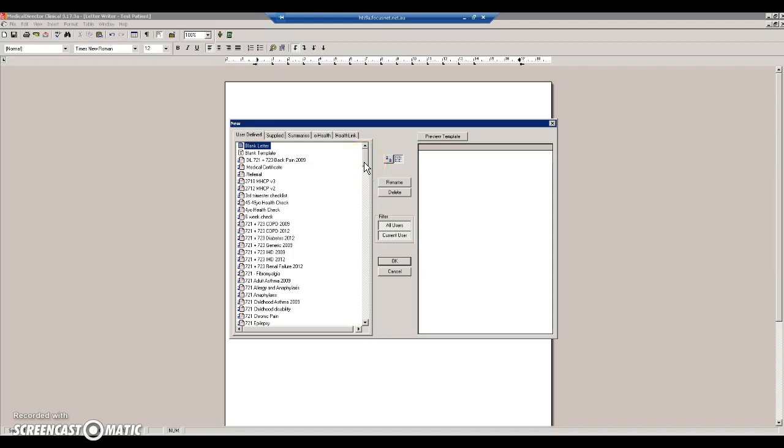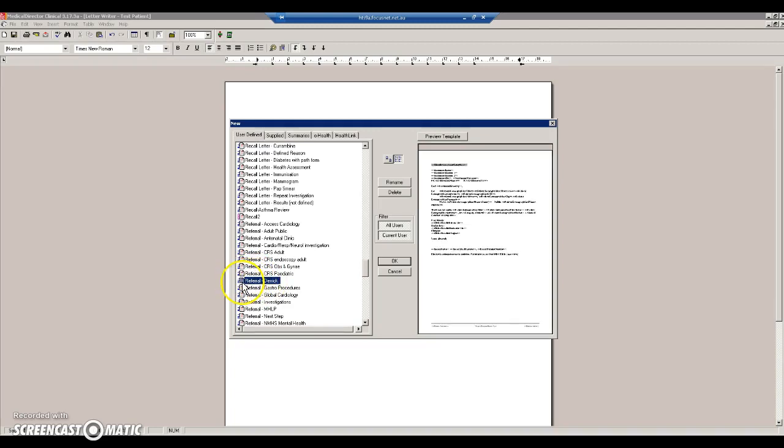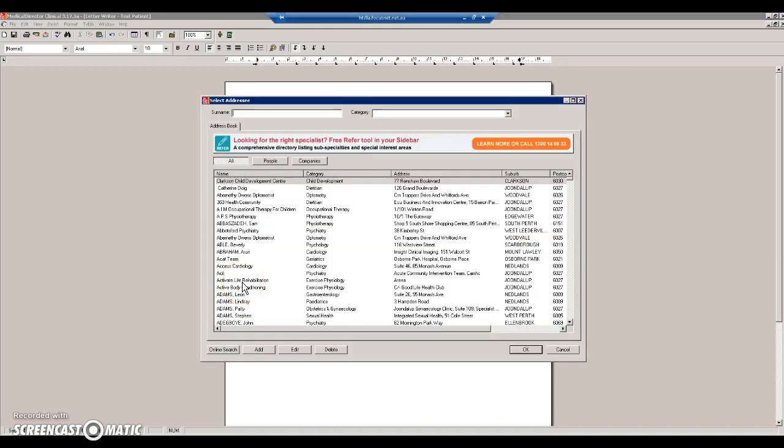But let's write a referral letter. Scroll down to referral, and you can just choose the one with my name on it, so referral Derek. And what that'll do is it'll call up a list of who you want to send the letter to, whoever that happens to be. So let's choose someone like this person,